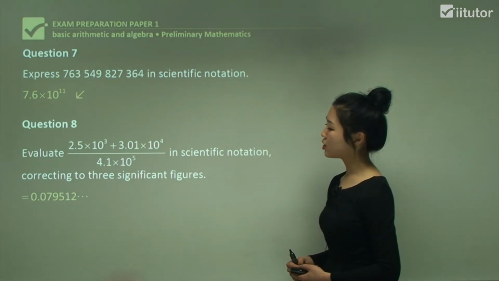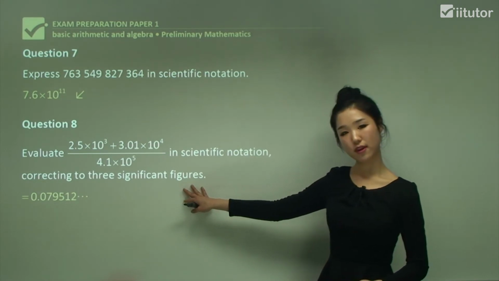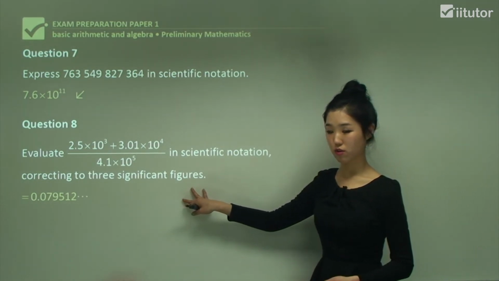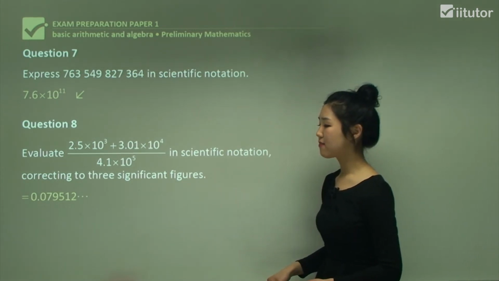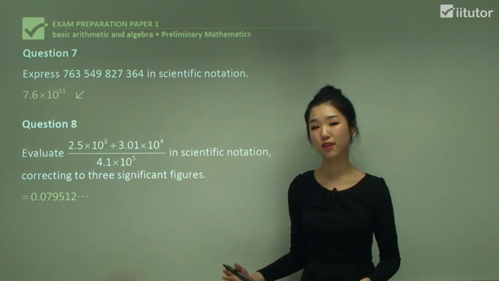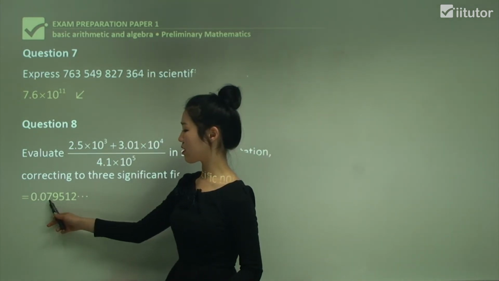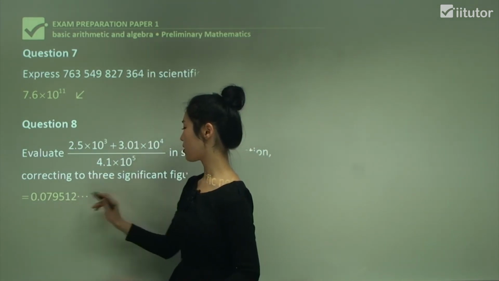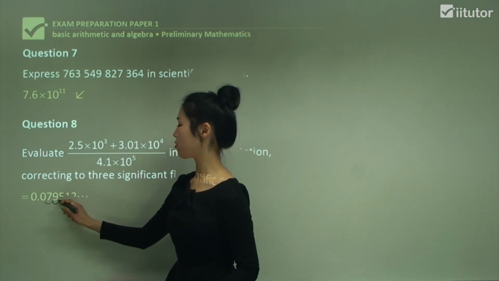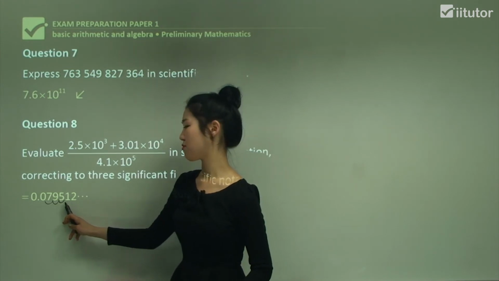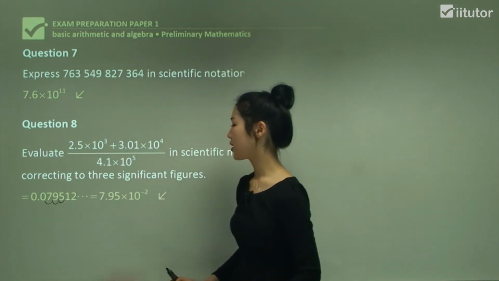And I want to round it to 3 significant figures. So remember, 3 significant figures is not decimal places. Make sure you know the difference first. Now, significant figure starts from the first non-zero. The first number that's not 0 is 7, so I start from there. So I say 3 significant, so I go 1, 2, 3. And the number after that is 1, so I don't have to round up. So it's simply going to be